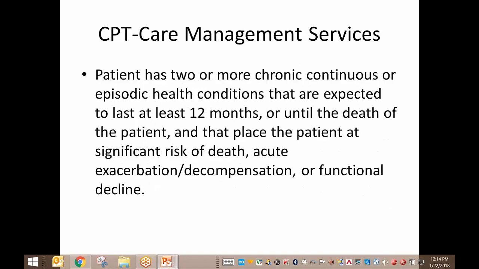The first thing we're going to talk about then are the chronic care management codes. The reason this can be somewhat difficult for an orthopedic surgeon is that you have to have a patient who you are treating for two or more chronic or continuous health conditions that will last at least 12 months and that place the patient at significant risk of death, exacerbation